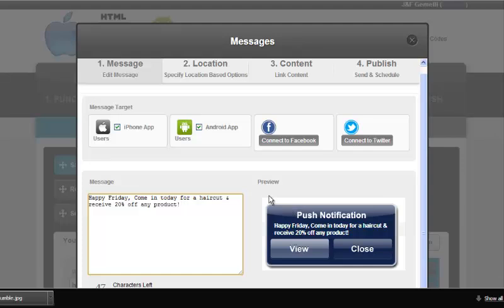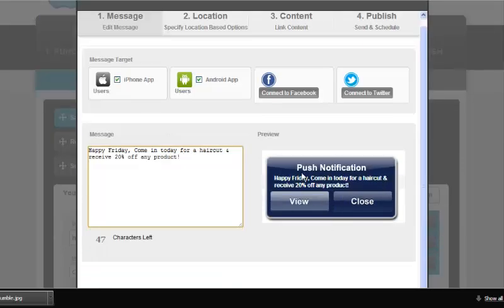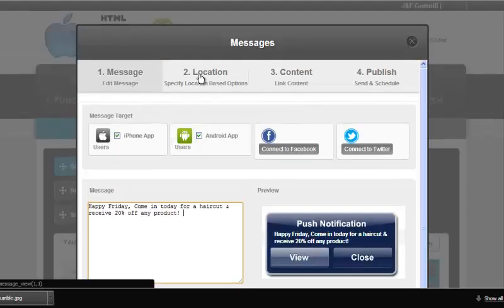Okay, and so the user will receive a push notification. It looks just like this. This is a preview of it, and it'll also get posted to your Facebook fan page simultaneously. So you're kind of killing two birds with one stone here. You can